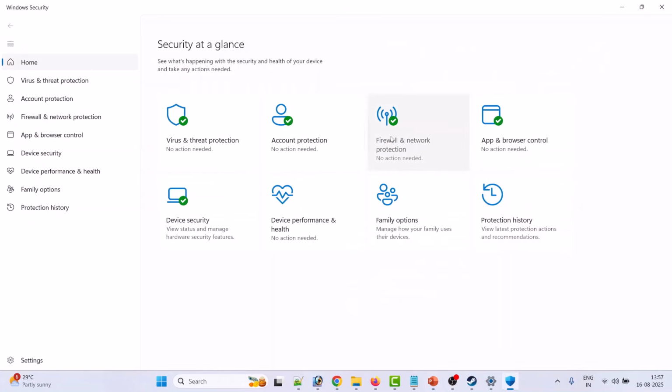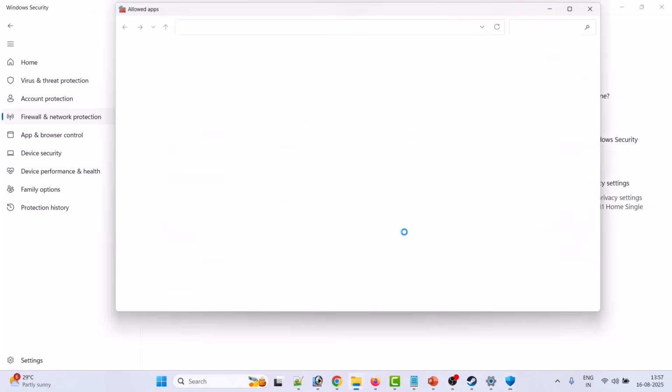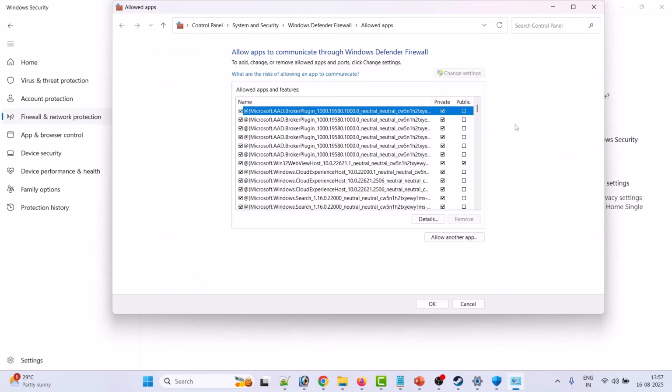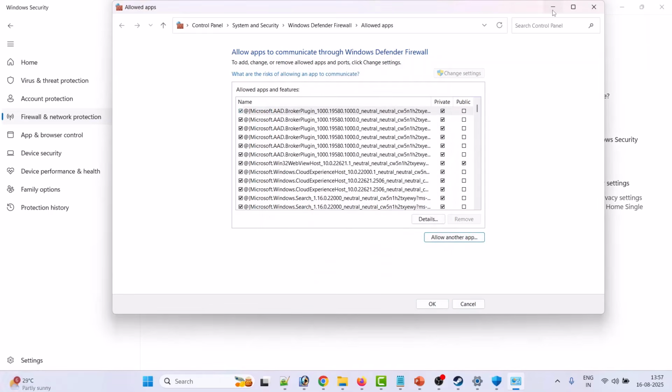Then click on firewall and network protection. Then click on allow an app through firewall. Then click on change settings. Then click on allow another app. Then click on browse. Now browse to the game installation folder,